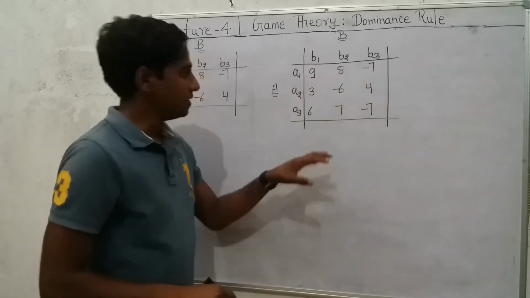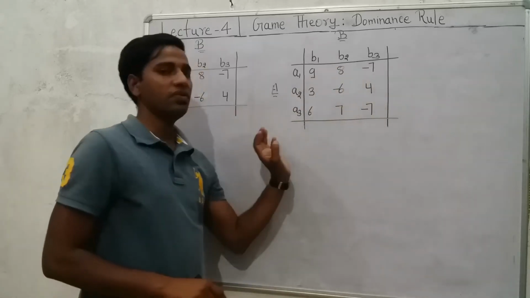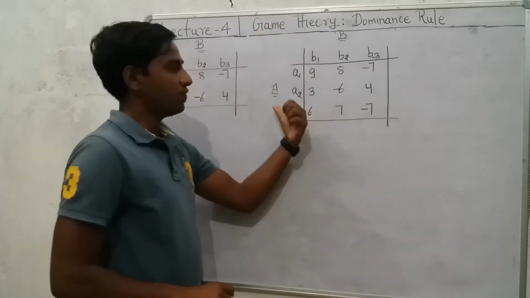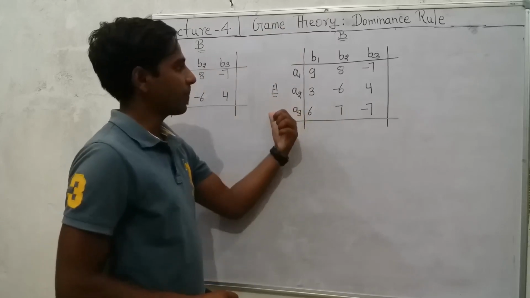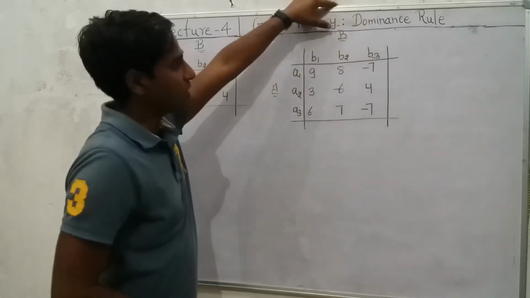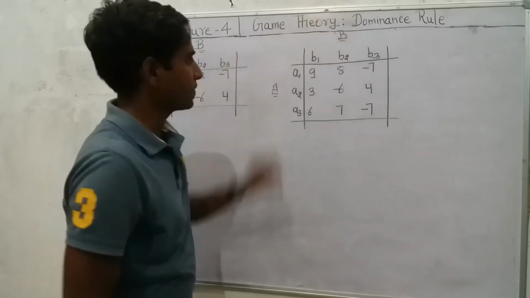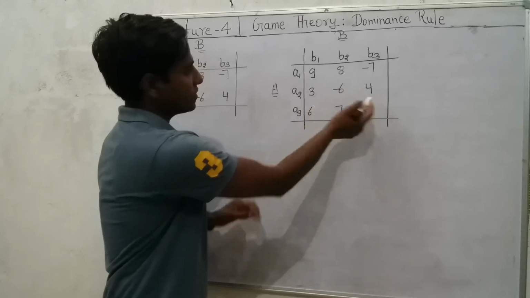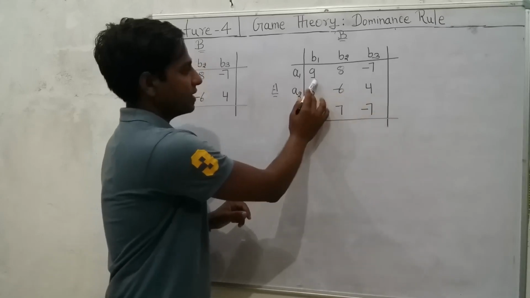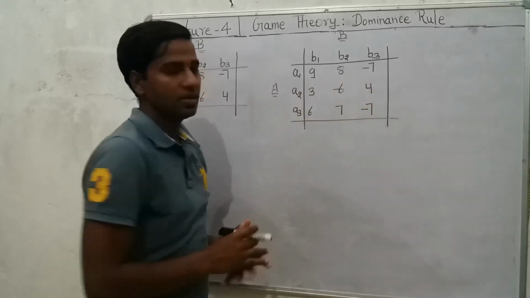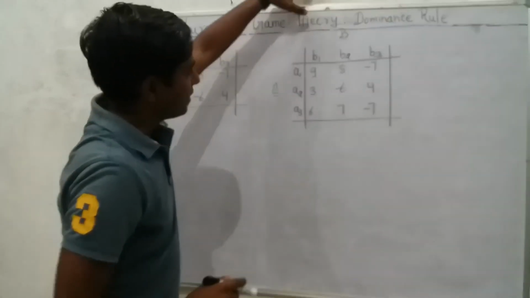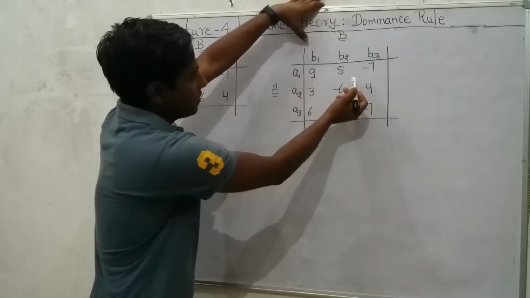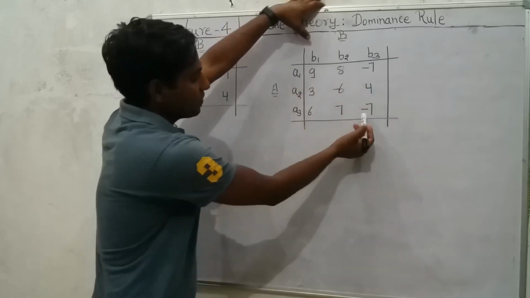Remember that this matrix is formulated from the point of view of A, which means the positive values show the profit or gain of company A, and the negative values show the profit or gain of company B. When we compare the elements of the first row to the respective elements of the third row,